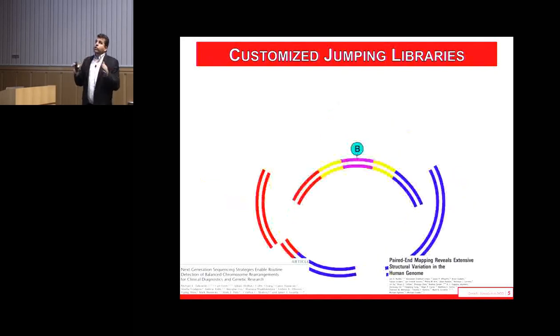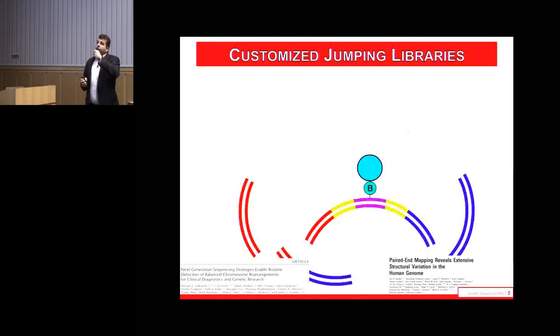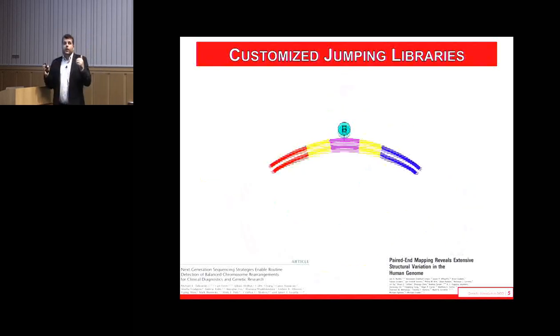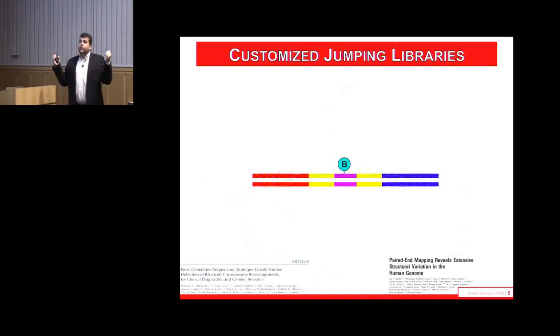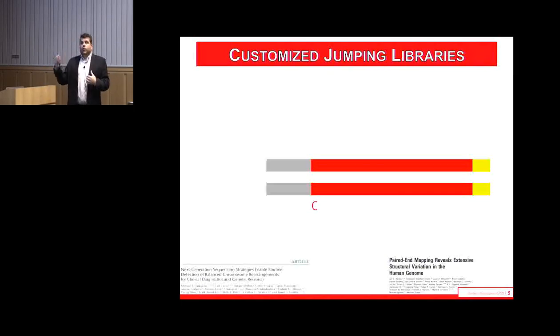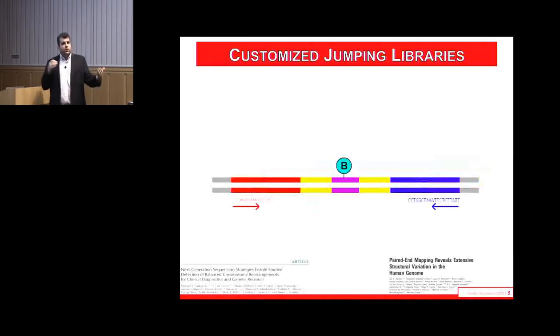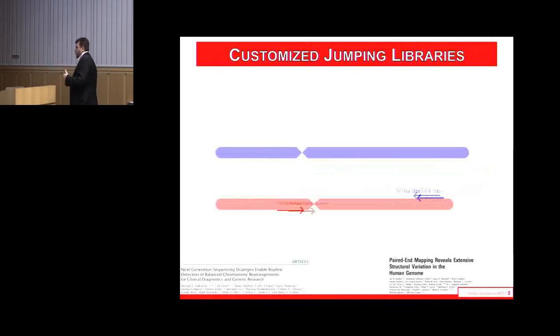an internal biotinylated adapter that we can circularize the fragment on. We can now shear this circle, grab that stuffer, and if we grab the junction site, by sequencing into the ends of that junction fragment we sequence a fragment that is separated by the size of the circle. In our case, we usually use 3, 4, 5 kb. So we now generate short reads that are actually separated by 3 or 4 or 5 kb in the genome.